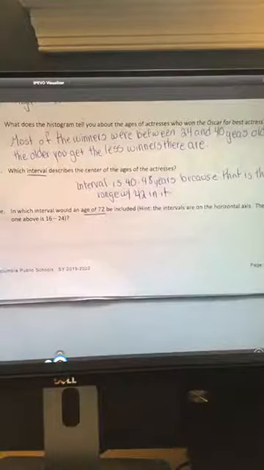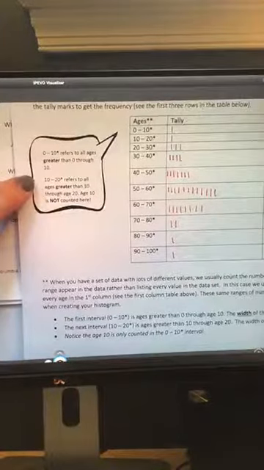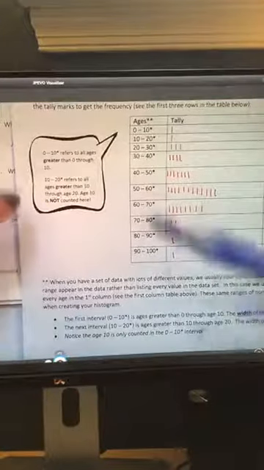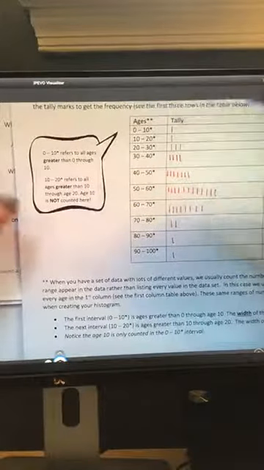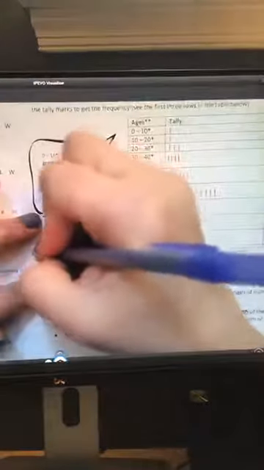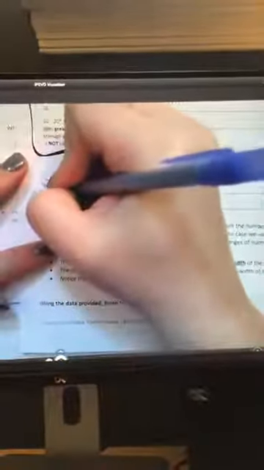Now, this is kind of a tricky question. And the reason I say this is kind of a tricky question is because in order to answer it, you need to keep this in mind. Okay? What this says right here is that when we're talking of intervals, okay, 0 through 10 includes 0, 1,